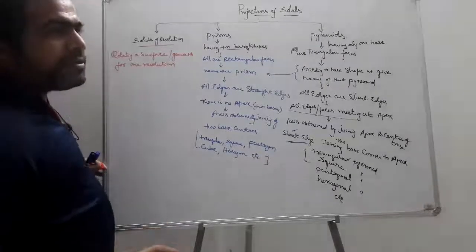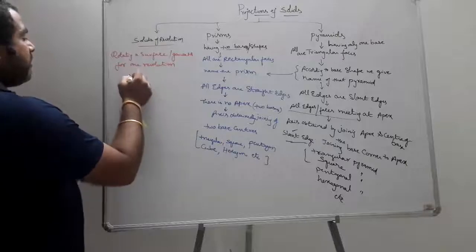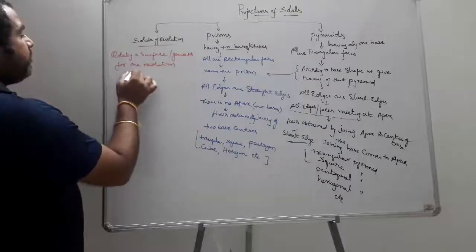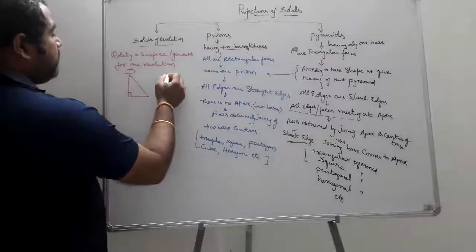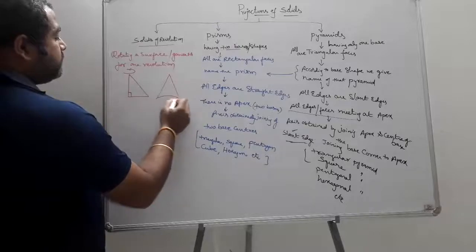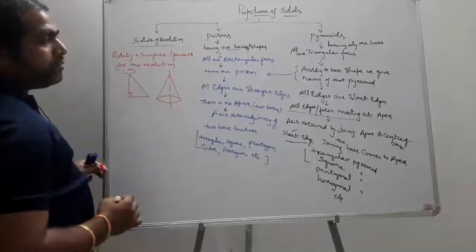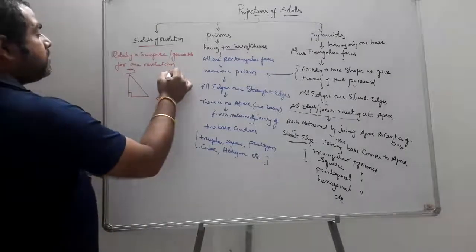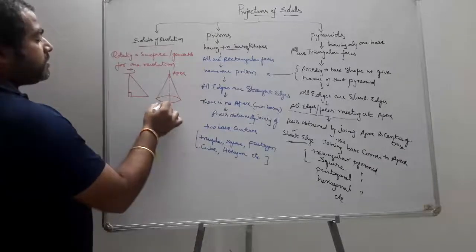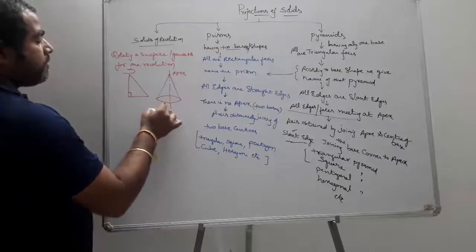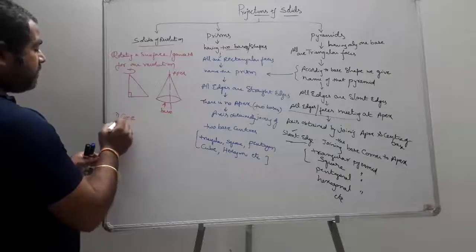A simple example is your cone. Let us take a right angle triangle, and if you rotate it for 360 degrees, you obtain a cone. This is your apex, this was the base. So solids of revolution are your cone,